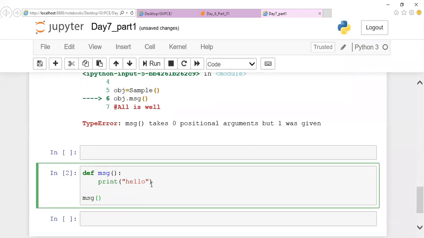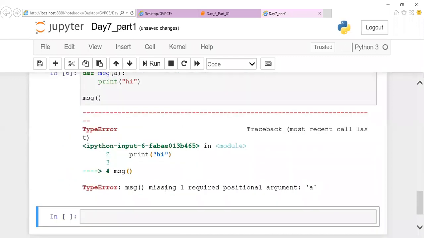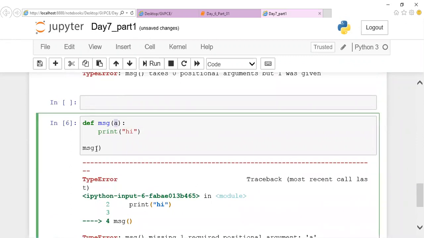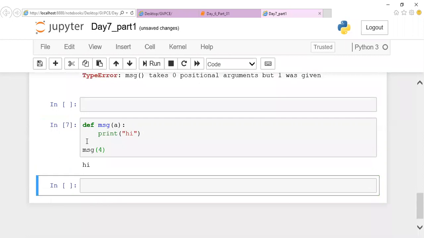Let us assume that we are receiving a parameter here, and if I'm calling the program like this, you can notice the error message you're getting: message requires one positional argument A. Which means that one variable is required, but you didn't pass it here. So if you pass some value, then it will work fine.